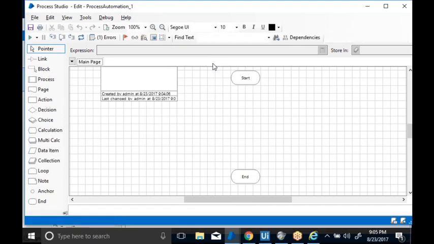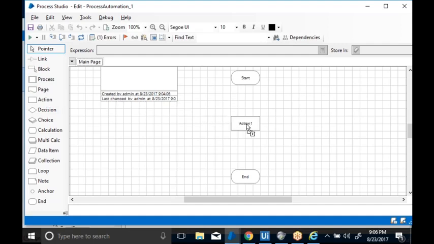When it comes to the Process Studio, I can call the actions of the object, but you cannot call the entire object at a time. You can call the actions of the object. Now how can I call that action? Inside the process you can see one stage called Action. This stage is used to call the object action pages.